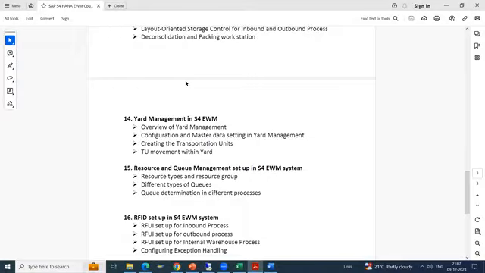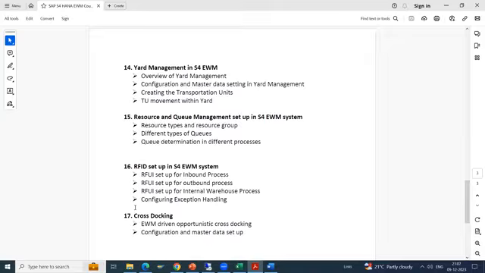So whatever activities we have done until now, that we will do it in the RF later on. First, we will set up in the GUI in the system, and then we will go into the more practical approach, where you have seen the worker will be having the RF device, the gun. You might have seen the gun, right? When you go to the Walmart store, the person scans the barcode in the billing counter. So the same type of gun, similar kind of gun will be used in the warehouse, where the worker will be scanning the label and completing the inbound and outbound process.